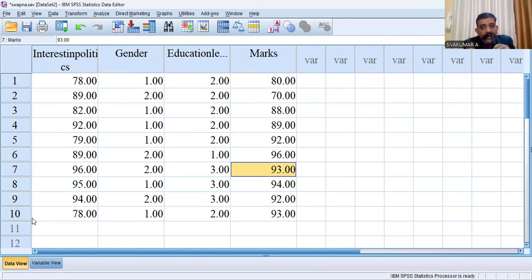But the important thing is there should be a linear relationship between the dependent variable and the independent variable. Please create a scatter plot and inspect it. The points should lie on a straight line, either from left bottom to right top or from left top to right bottom.